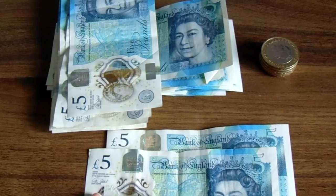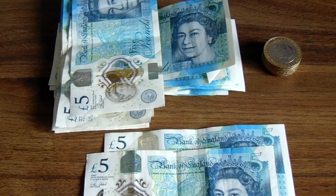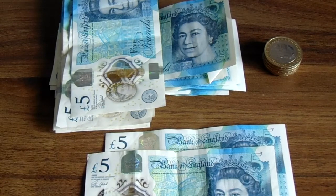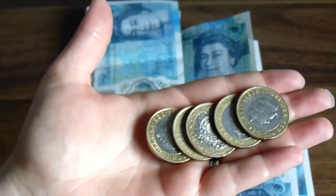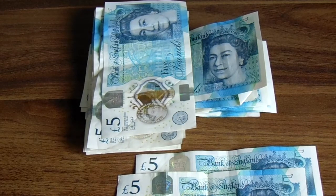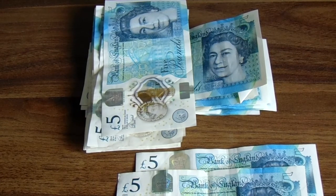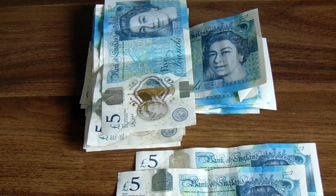10. So in 6 months, but not really, because this went on till the middle of March, I've managed to save in my £5 cash envelope savings challenge £110. And then in £2 coins, just because they were added in, there was also £10 in those. So I've got £120 there. Like I said, the plan was to use those on our family holiday, the only family holiday we had planned this year. We don't know whether we're still going on that, and we also don't expect to be able to use cash at that point, so this will be saved up for Christmas. But that is my 6 months